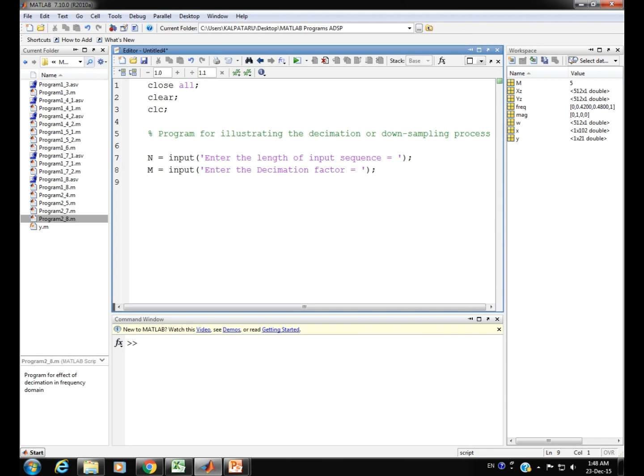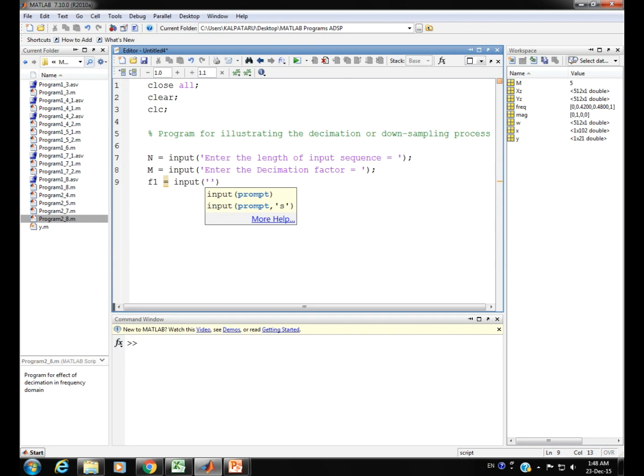finally ending with the help of a semicolon. And now for this particular illustration, with the value of the length of the input signal, basically we also need the 2 frequency components, and with those 2 frequency components we will generate the input sequence. So let us have the first frequency component denoted by F1 to hold the information, and that will get the value assigned from the command window.